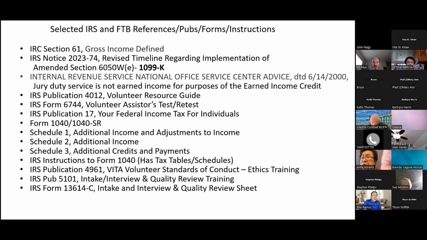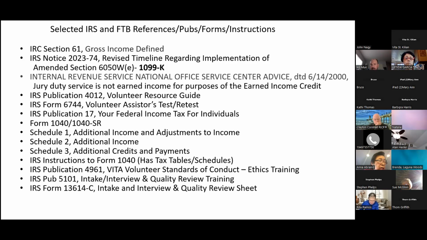All right, so I'd like to start off with Section 61 of the Internal Revenue Code. You maybe have heard me talk about this before, but this is important. This is what I do at my VITA site. We have to follow the publication 4012. But what happens a lot of times, taxpayers will come to the VITA site and we ask them about income, and they're not sure whether or not it's taxable or not taxable, or it may be taxable in part. And so what I tell my volunteers is put on your tax hat, and that tax hat includes Section 61, which basically defines gross income.